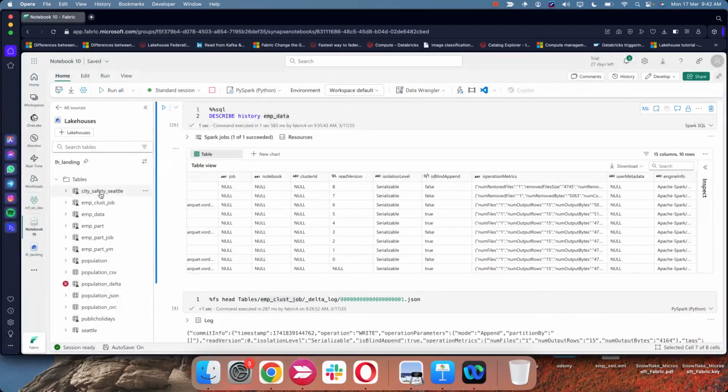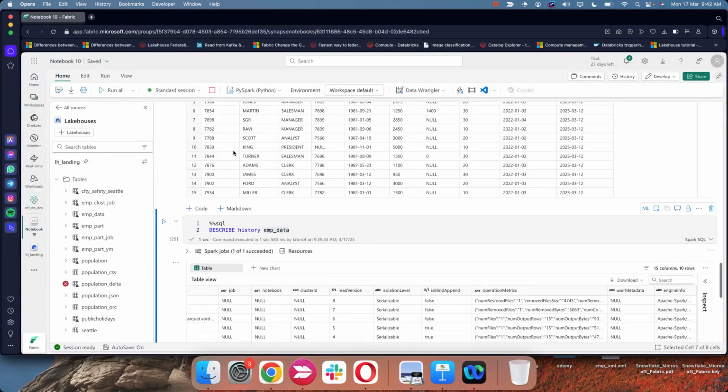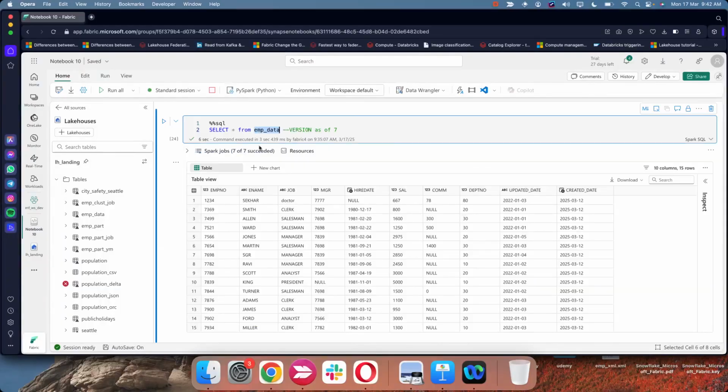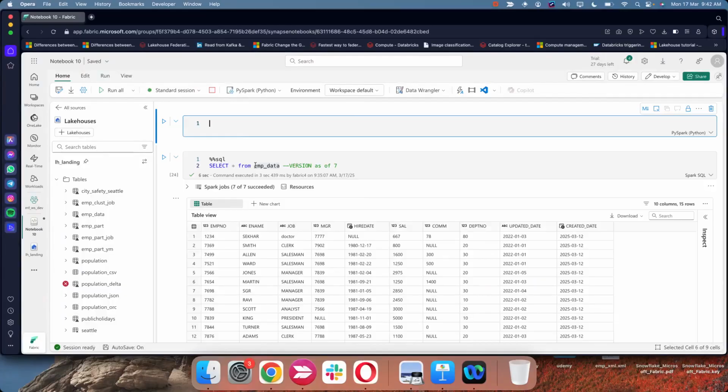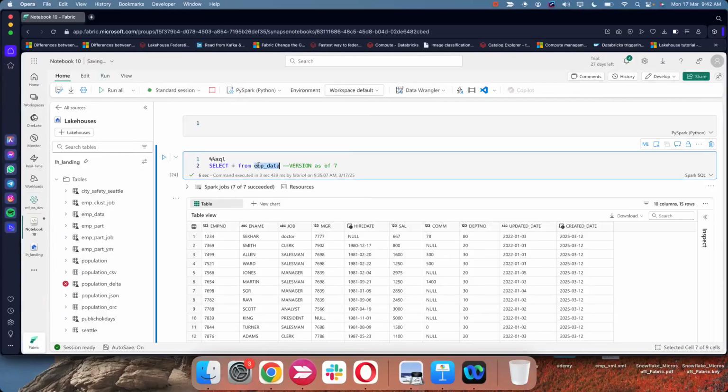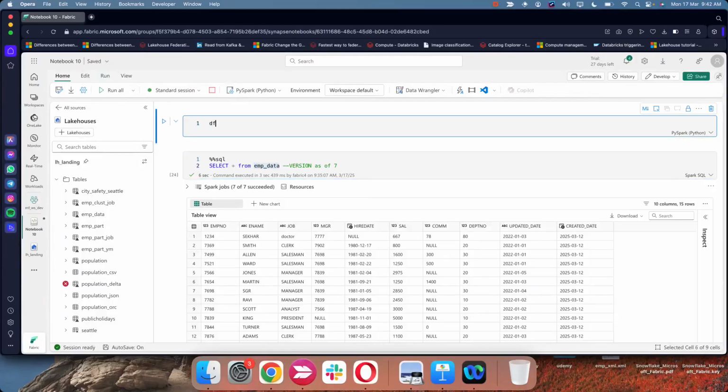If it is a table directly, we can read by table, like we can see here. Even if it is in SQL or in PySpark, you can read the same table. You'll have multiple options. You can create a data frame. You can use spark.read.format if you have a file, but if you use spark.table,